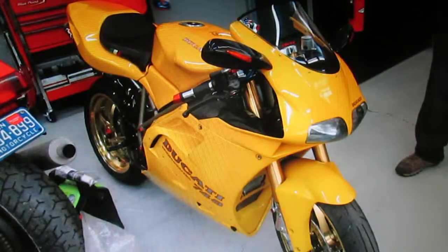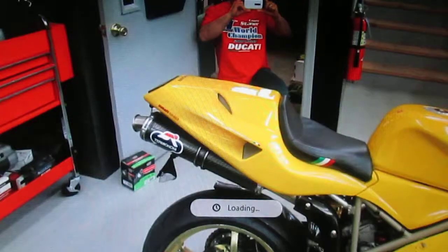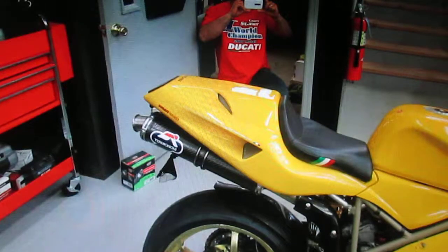Of course, Luciano might do this to his bike. We don't know. You never know. Larry's shooting some pictures of it. The wheels were really blingy. Now I'm not sure, for me the blingy wheels would do it. Well, you never know. And the seat, look at it, it's got a custom seat with the Italian flag on it and custom pad. And as you looked at it closer and closer, you notice there's a thousand little